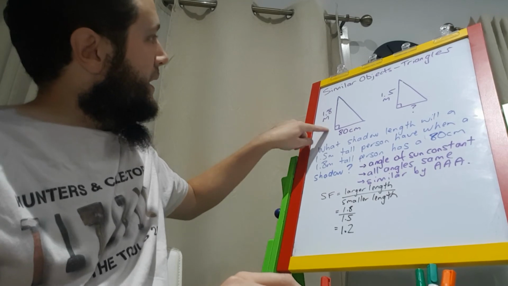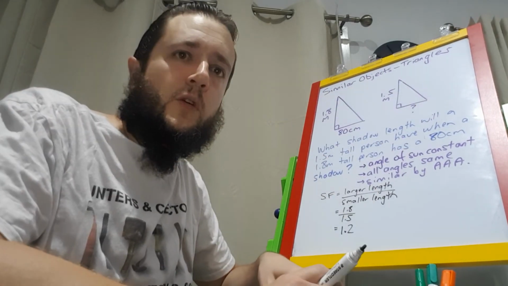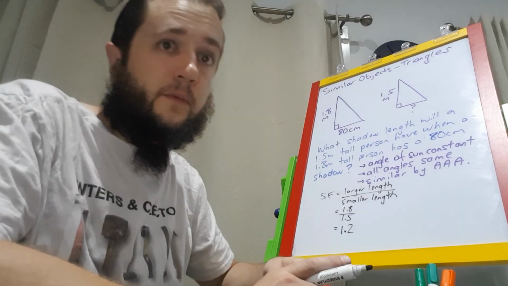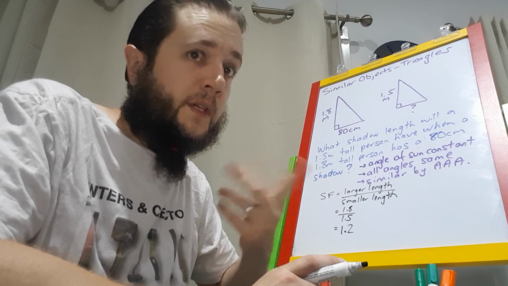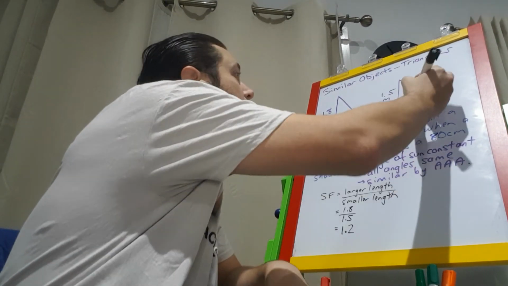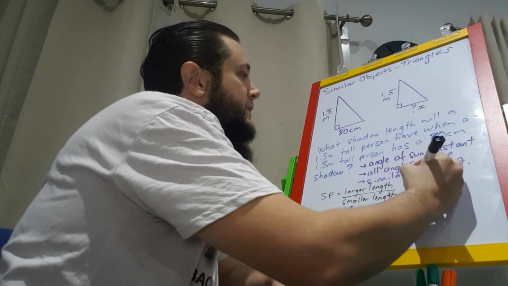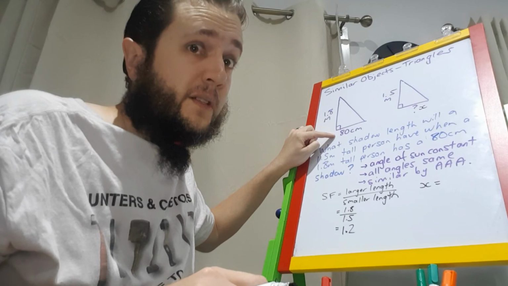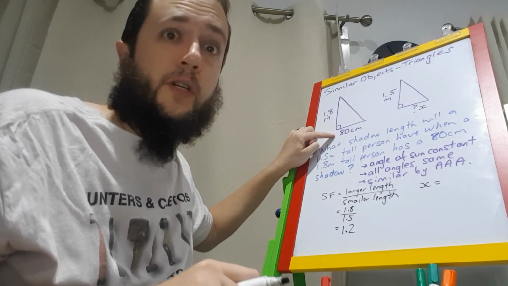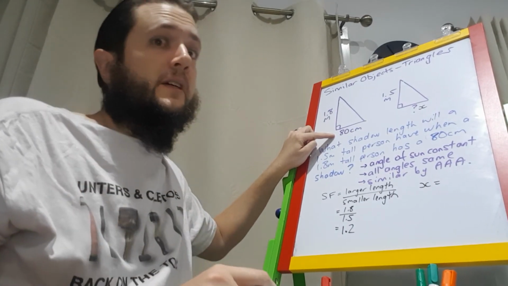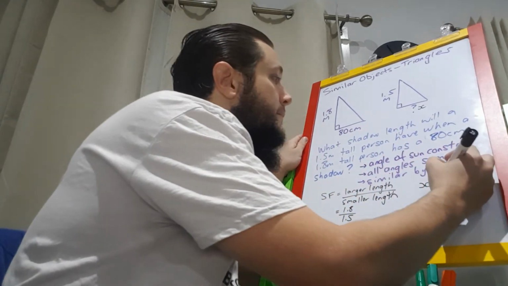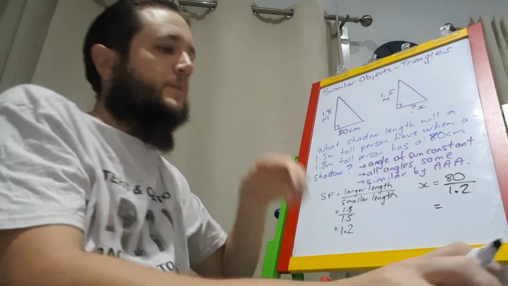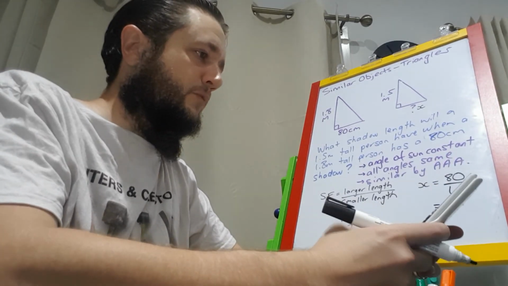Now, to get from a larger dimension to a smaller dimension, do we multiply or divide if we're trying to get a value in the smaller triangle, the smaller object? That's right, we divide. So I might call this x. X is going to be our 80 centimetres. What's interesting here is I can leave it in centimetres. It doesn't matter whether I do this in metres or centimetres. I am going to get the correct answer. I'll leave you to think about why. But if I do 80 divided by the scale factor, because we're going to get a smaller value here, 80 divided by 1.2,